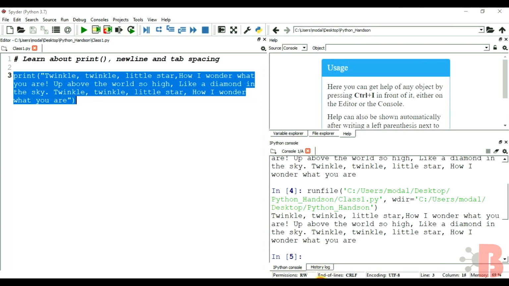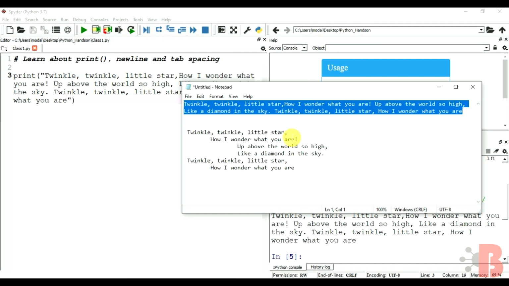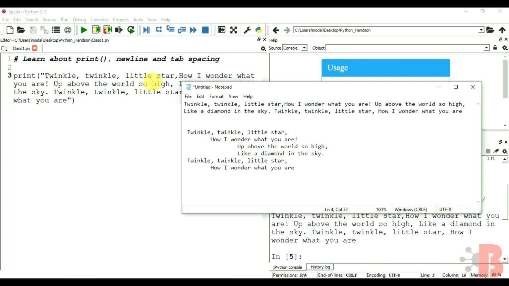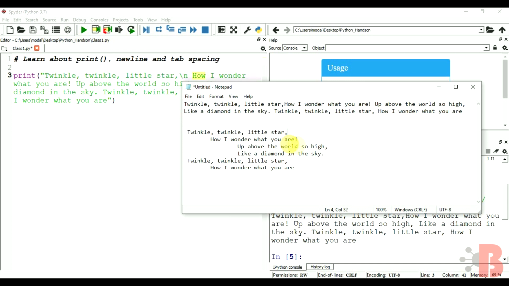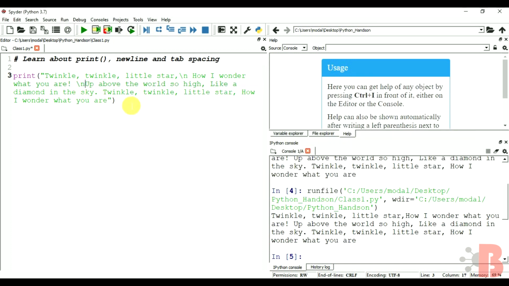The expectation is, first we will create new lines after each line. So after "star" a new line has been created. After "star" type \n. Here a new line will be created, and next after "are" a new line is created. Next after "high" a new line.